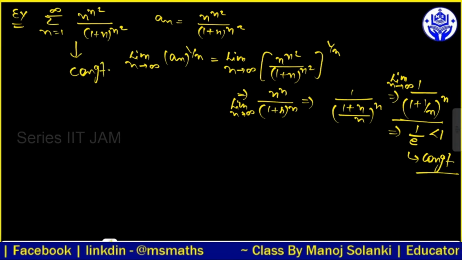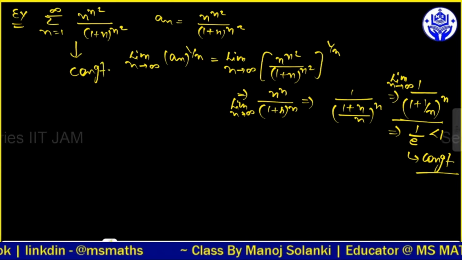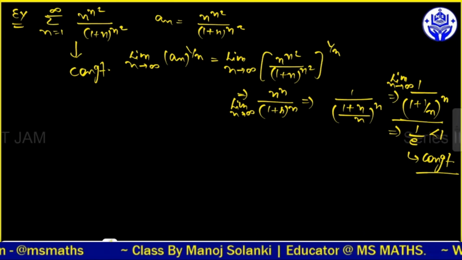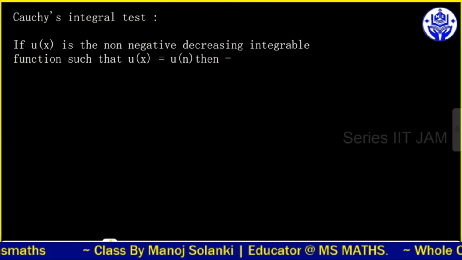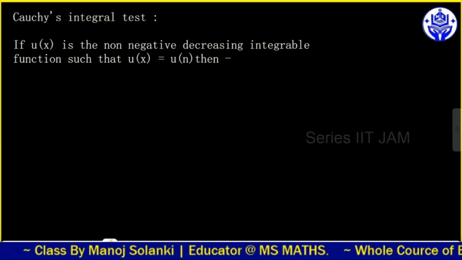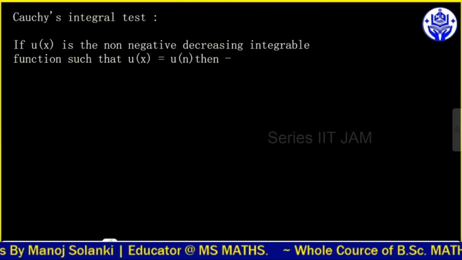तो इस टाइप से हम बिल्कुल इजीली इसके कोची nth रूट टेस्ट से हम यहाँ पे फाइंड कर सकते हैं। कोची इंटीग्रल टेस्ट के बारे में, ये टेस्ट जो होता है सीरीज की कन्वर्जेंसी को टेस्ट करने के लिए होता है। अब इस टेस्ट में क्या होता है कि हमारे पास में जो